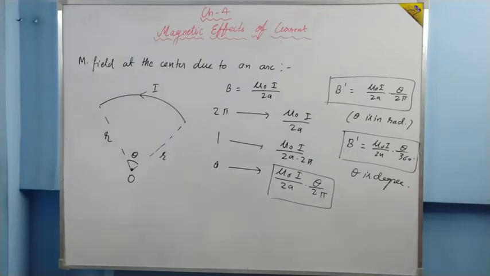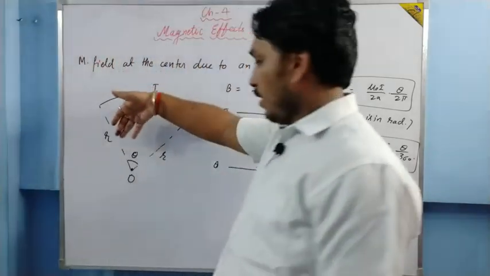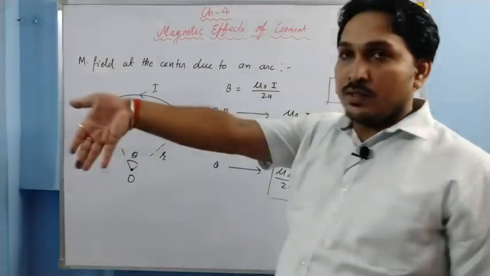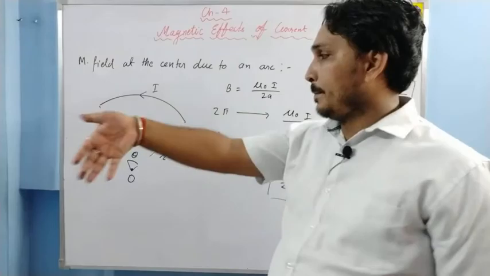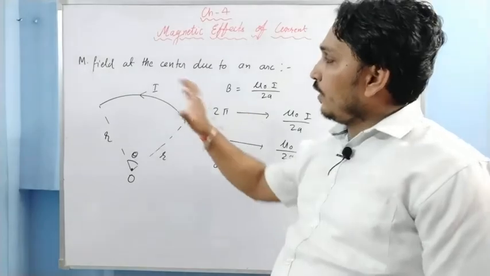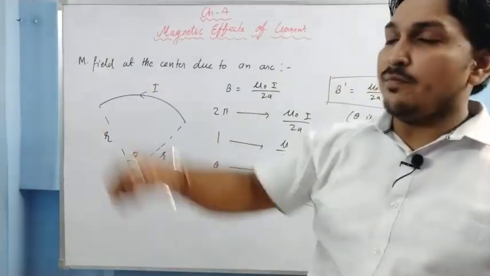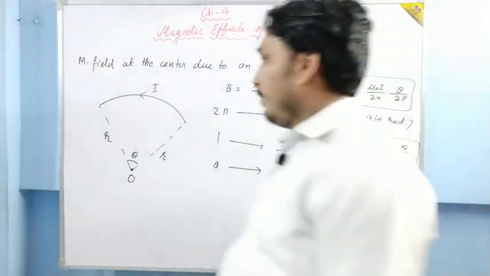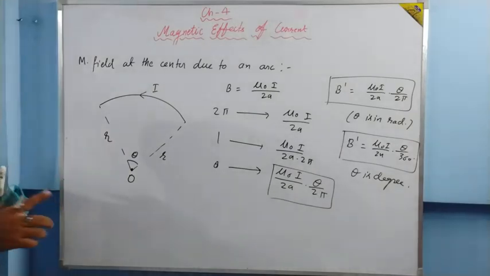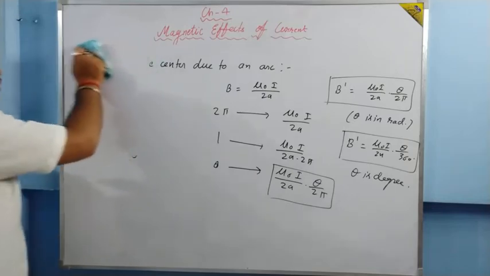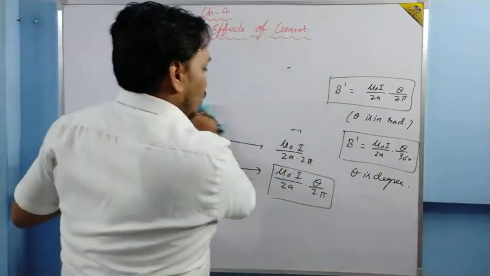And what is the direction of the magnetic field? Either you can go by the right-hand palm rule: the direction of current is in this manner, the fingers towards the center, the palm faces perpendicular outward, and the magnetic field will be in this direction. Or you can just curl your fingers around the current, and the extended thumb will give the direction of the magnetic field. So basically at this point the magnetic field is outward. Okay, now let us use this and solve some of the questions so that we can understand it.